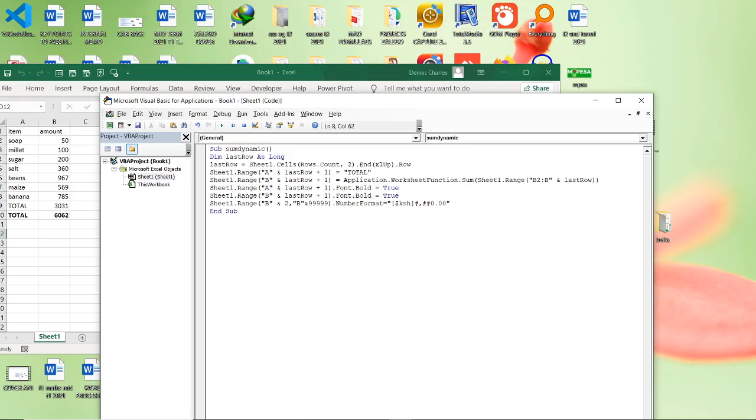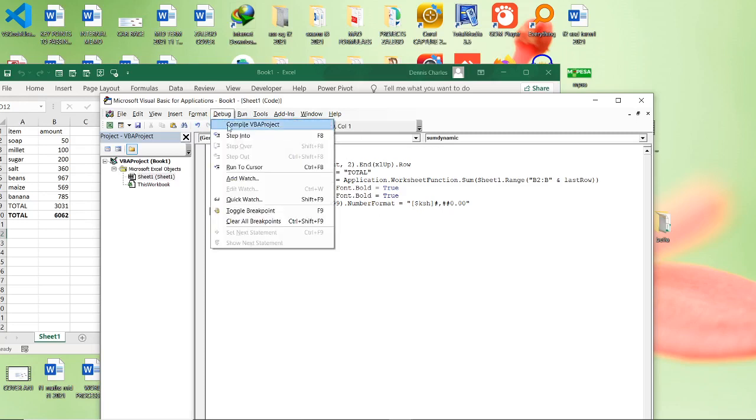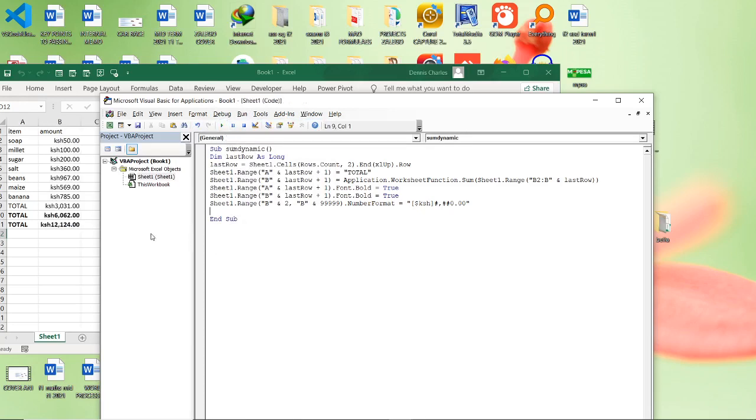So if I have that, it will be displaying in Kenyan shillings. Let me just debug and see, debug, compile the VBA project. If I run, you see it has changed everything to Kenyan shillings. It is not clear because I have run it twice. So if I go, for instance, here,